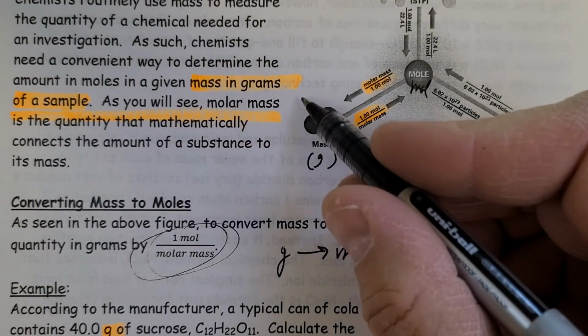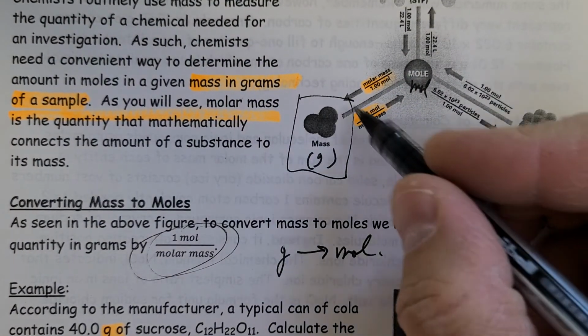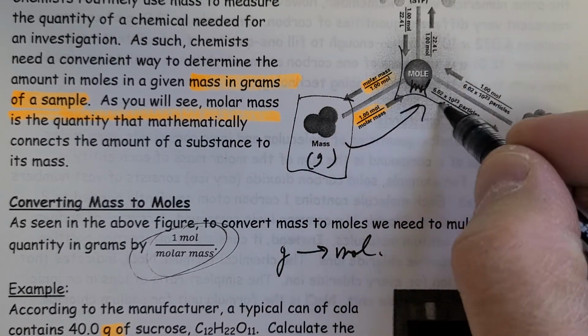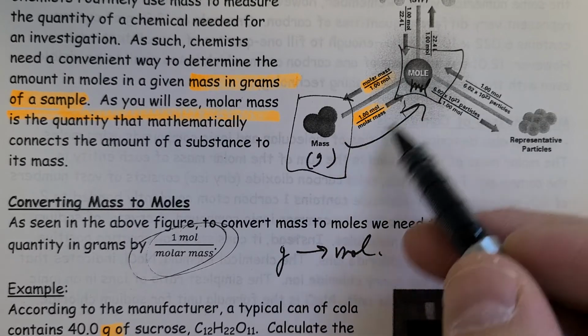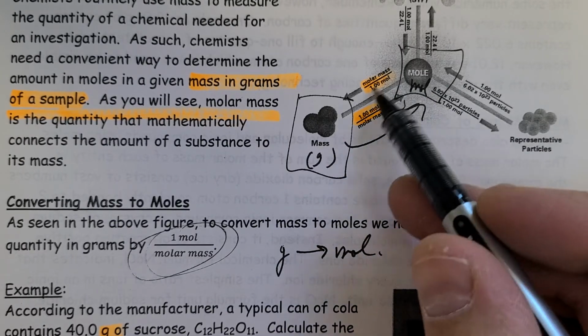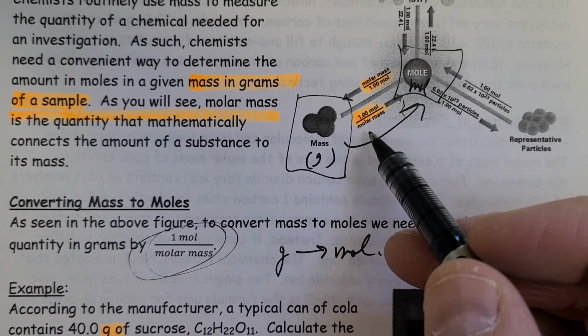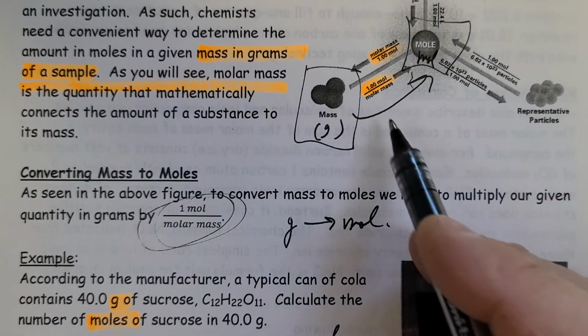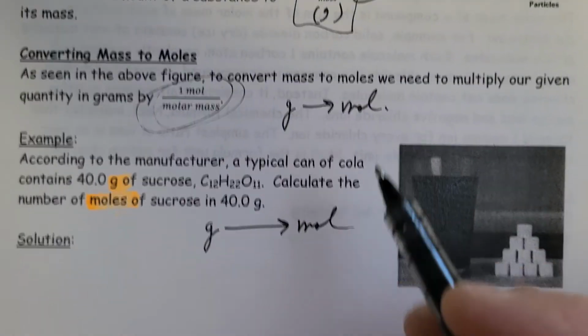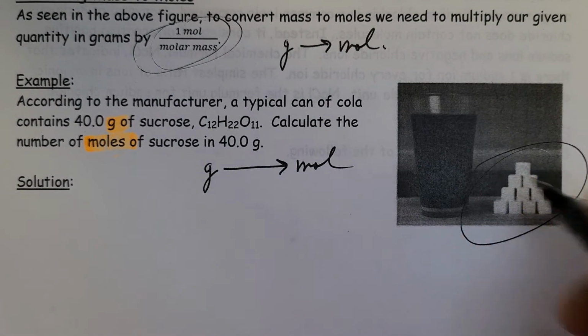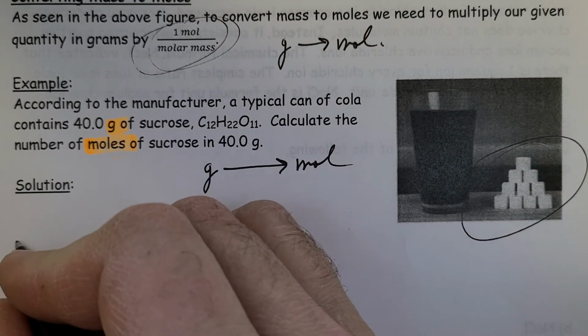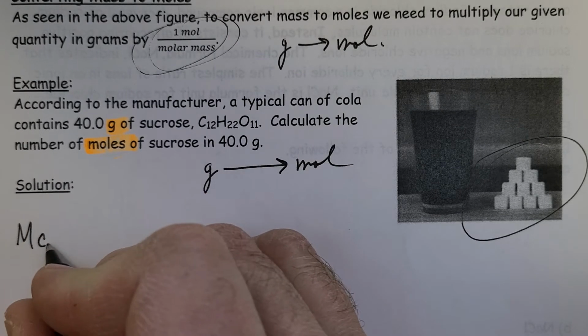So if I look here, I'm starting here and I'm going to here. So we figure out the direction we're going, and use that conversion that we're going through. So of course we're going to have to figure out the molar mass in order to move on from here. And since we're dealing with sucrose here, we're going to have to figure out the molar mass of that. So the molar mass of